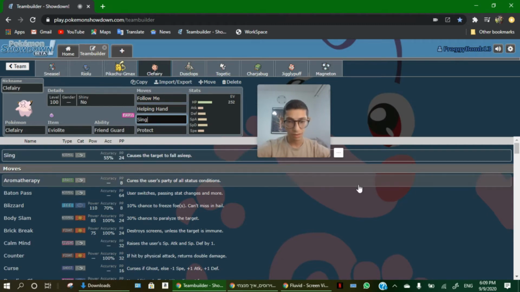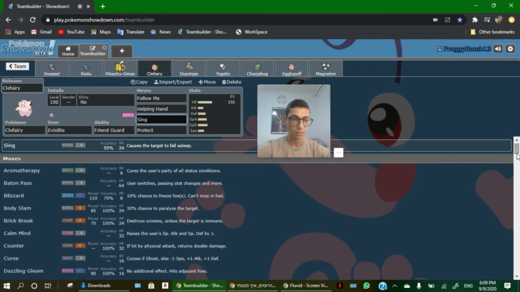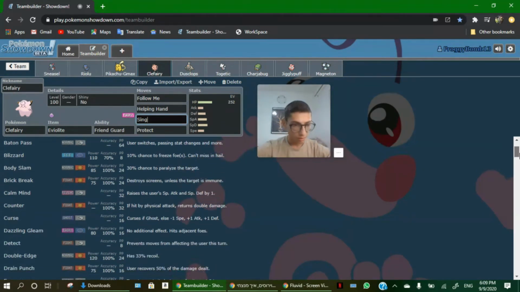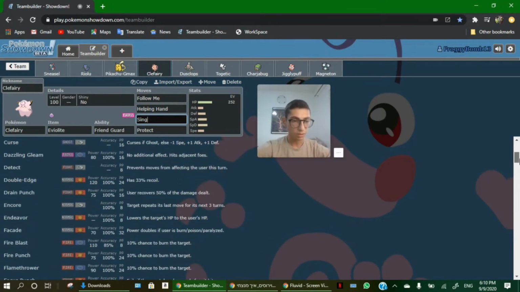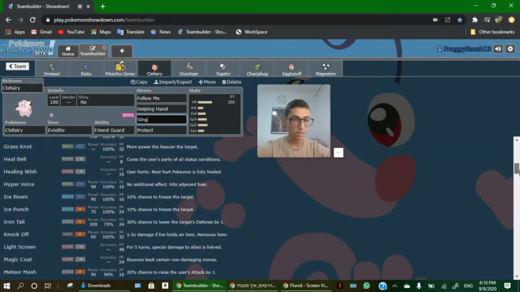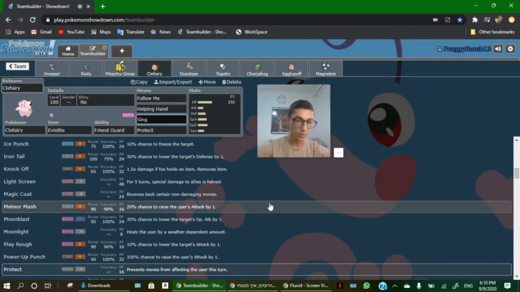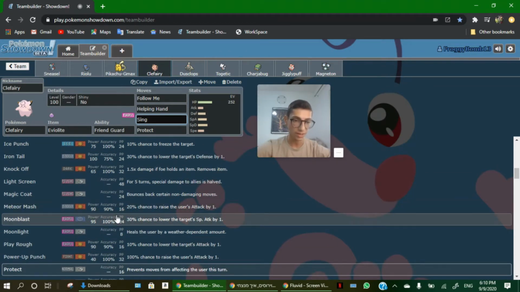Sing, you have a lot of coverage moves because Clefairy used to be a normal type. You also have Aromatherapy. I don't know what else. You could give it Encore maybe. Heal Bell is the same thing. Healing Wish I've seen. Knockoff to get rid of their items, but usually you just run Moonblast or Dazzling Gleam